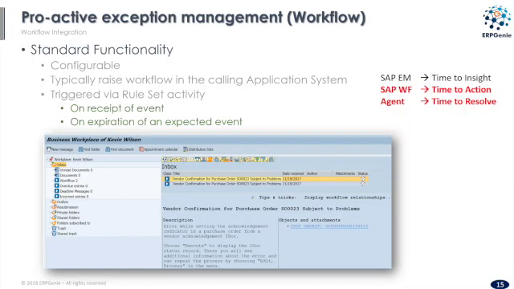So now we talk about, I'm just taking workflow, for example, and the same could be done for the alert framework, for example, which is tightly integrated with event management. But with event management, it's standard functionality, it's configurable. I can raise an event in ECC, which would trigger a workflow and have that item addressed back in the sending system. When we look at our three times, so time to insight, time to action, time to resolve,